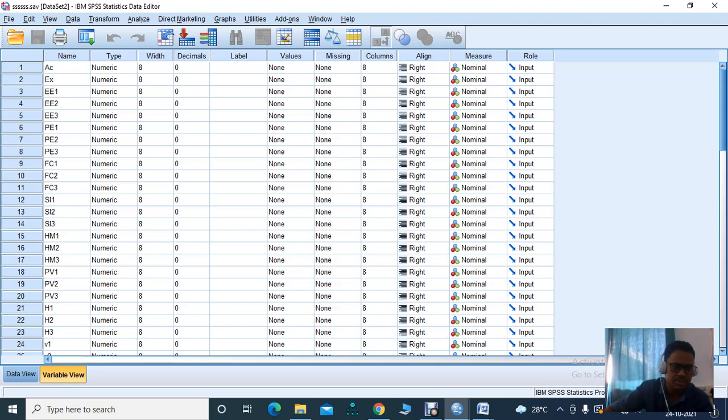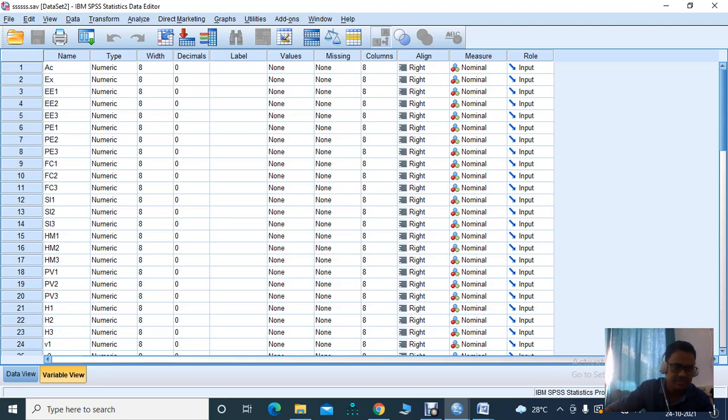I would like to see whether any of these variables have an impact on the dependent variable, intention to visit a particular destination. So I have 7 independent variables.